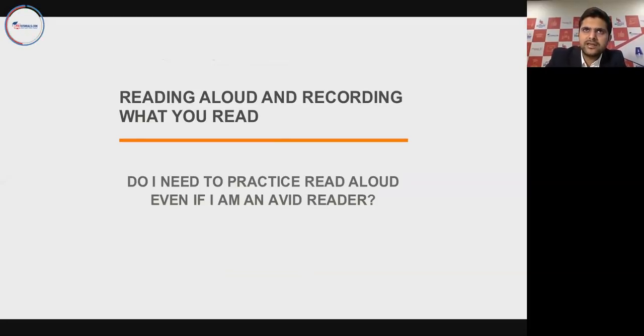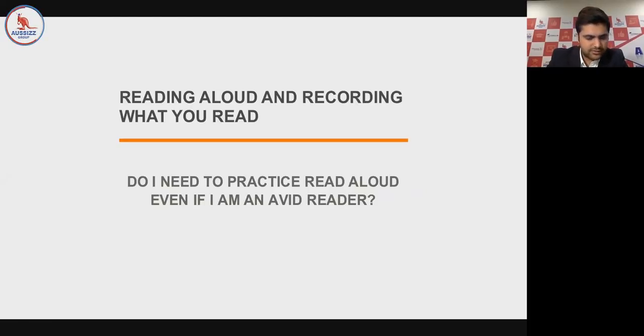So on average you are reading around 360 words in one PTE test, and you have to read that aloud. So the best practice for that is that you read at least 1,000 words aloud every day and record what you're reading. Try and just practice that, because